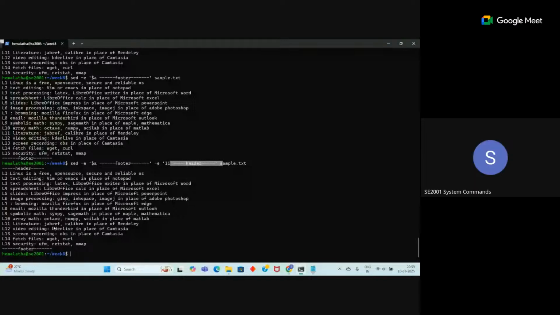Say the last line. Suppose I want to insert after the last line. The dollar symbol indicates the last line. After it